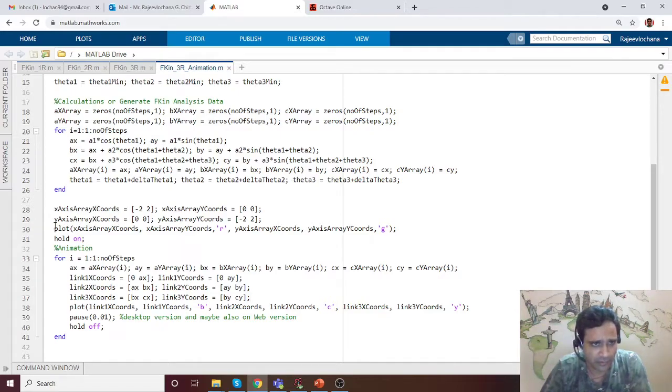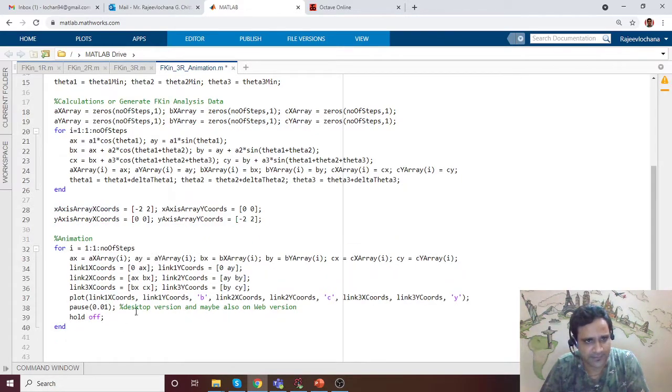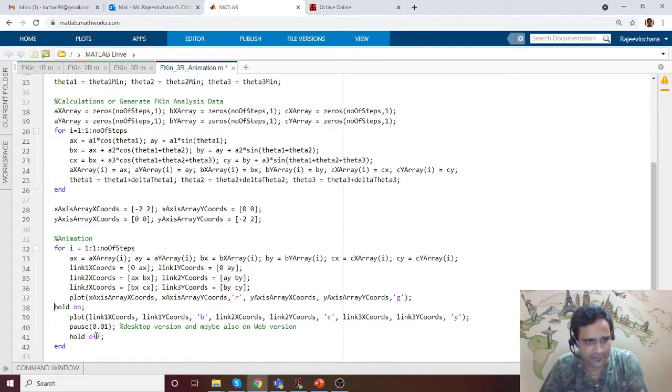This hold on stuff, I'm going to shift this guy. Okay, let me just take it inside and let us try this now.